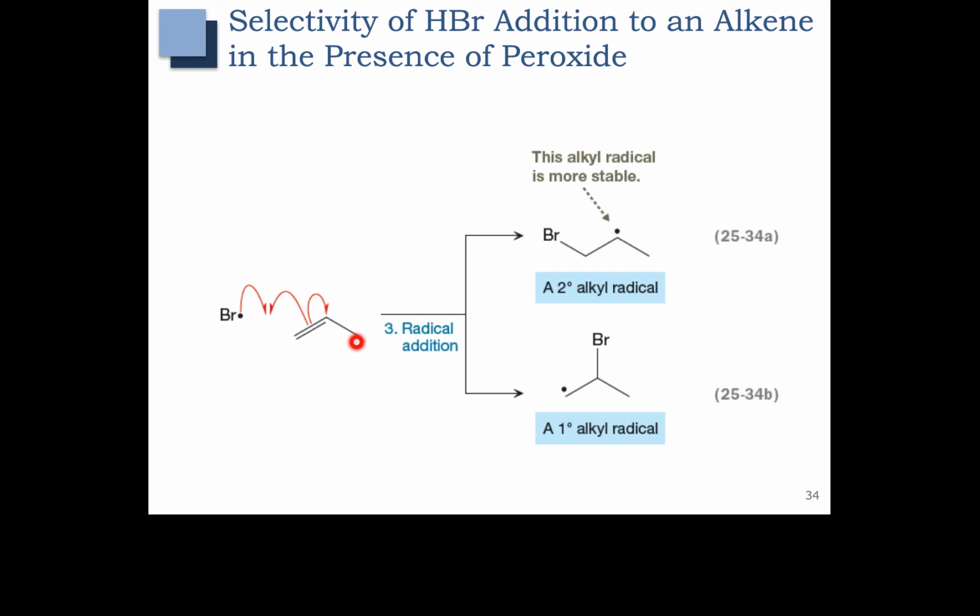In our radical addition to an alkene, if bromine radical reacts and adds to the left side, we get a secondary radical, and if it reacts with the right side, you get a primary radical. The secondary radical is much more stable than the primary radical, so that's why it's formed. Briefly, here's what formation of the primary radical would look like. And that radical would just be too unstable